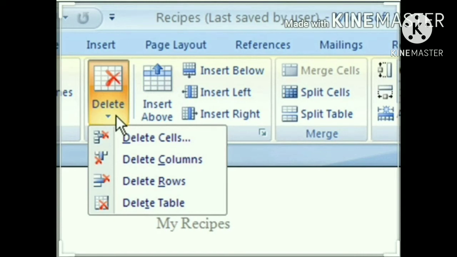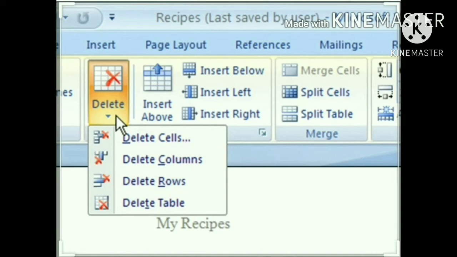Second, click the Layout tab. Third, click Delete from the Rows and Columns group. A menu appears. Fourth, click Delete Rows from it, then the entire row gets deleted.